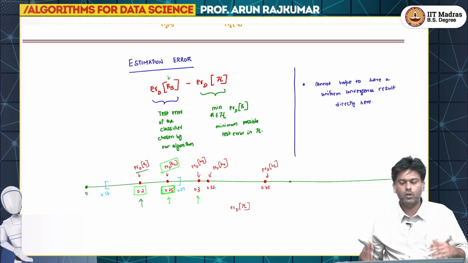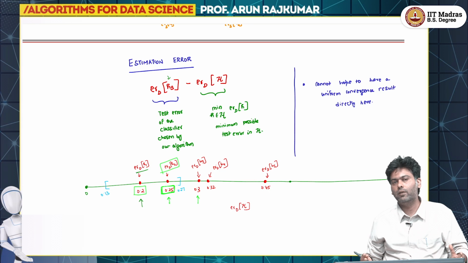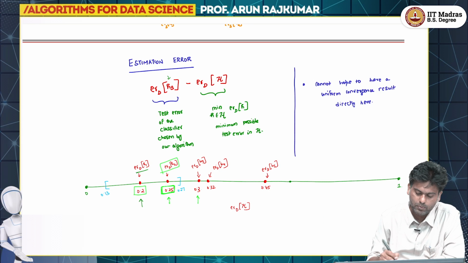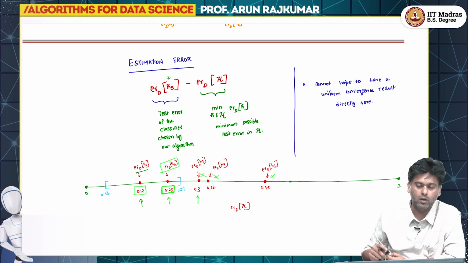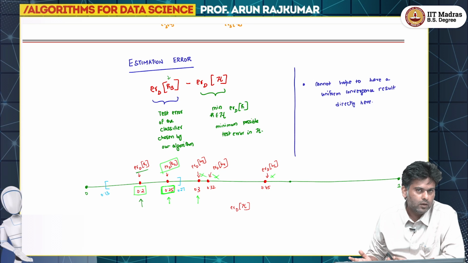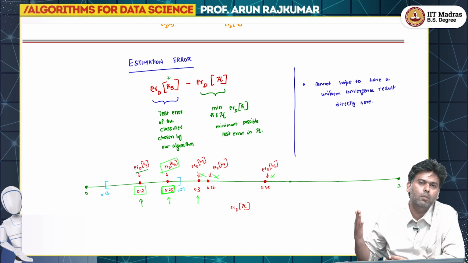If I fix an epsilon, there are going to be some classifiers whose test error falls within the epsilon interval of the error of the best possible classifier, but then there are going to be some who are outside this interval. In this particular example H3, H4 and H5 are all outside this interval, and so I cannot get this guarantee. Which means that I cannot hope to get a uniform convergence kind of a result